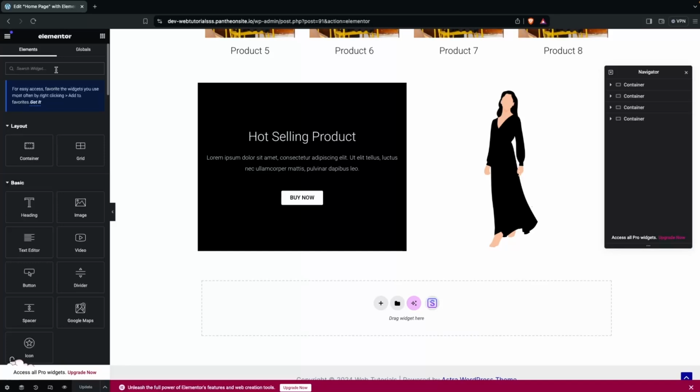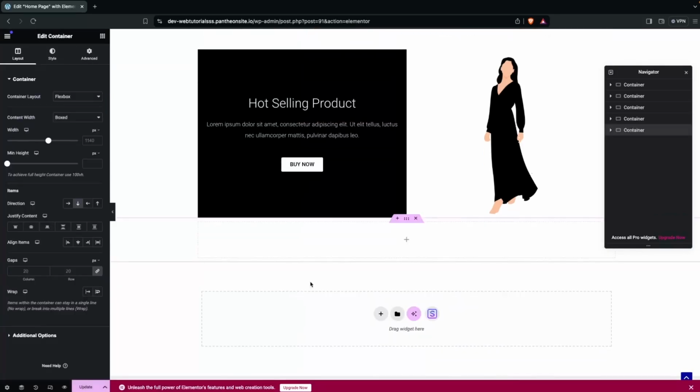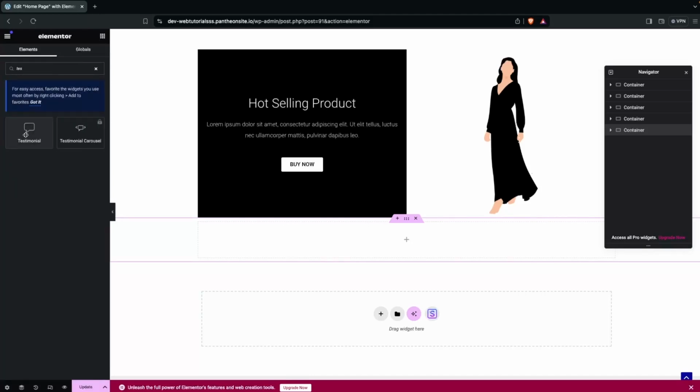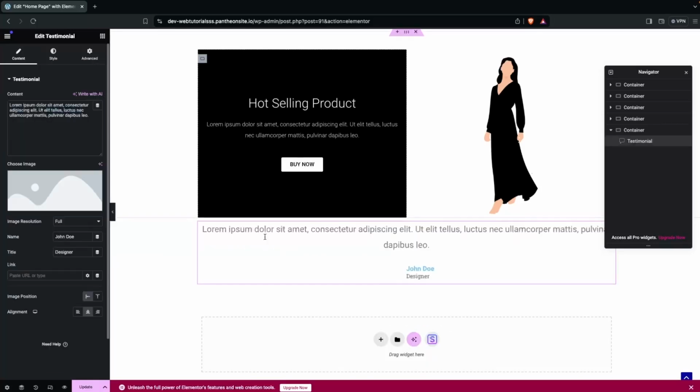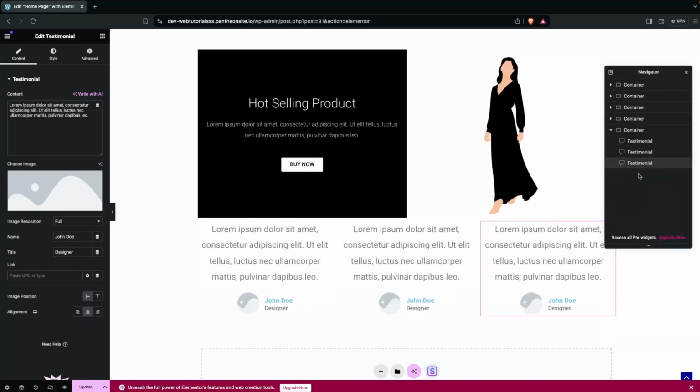So for that, we have to add one container here first. So let's just add a single column structure, and I will change the direction of it to horizontal. And here I will simply write down testimonial. So let's drag this and put this here. Now you can see we have a single testimonial here. But what we can do is simply duplicate this,